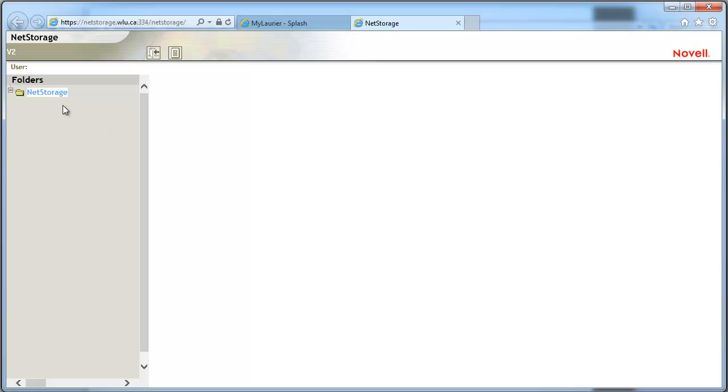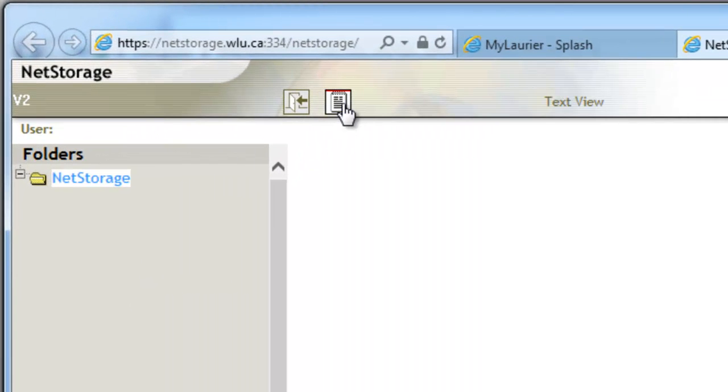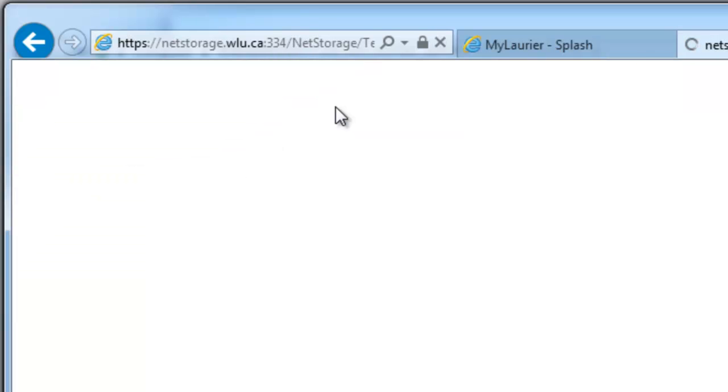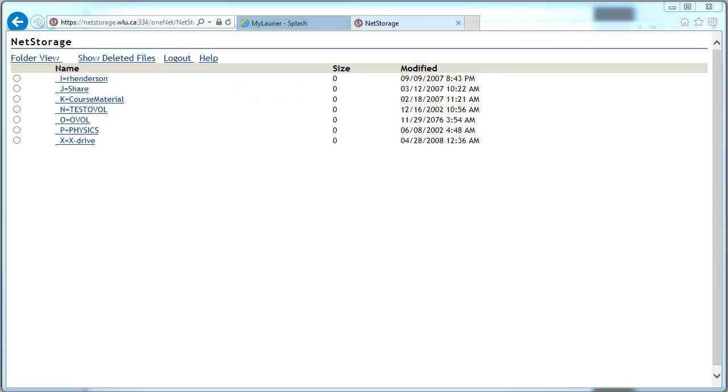If this part doesn't work for you, I actually think it has a problem on campus, but it works better off campus. But once you click on NetStorage, it'll show you the rest of the files in your iDrive. There's actually a button up at the top where you can log out. There's also a button here called Text View. So if you're having trouble connecting to NetStorage, it'll switch to a text-only view, and now that it's loaded, you